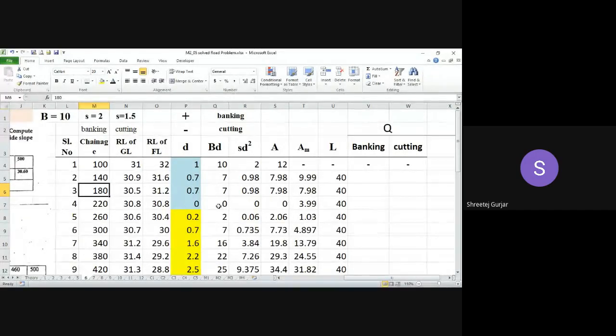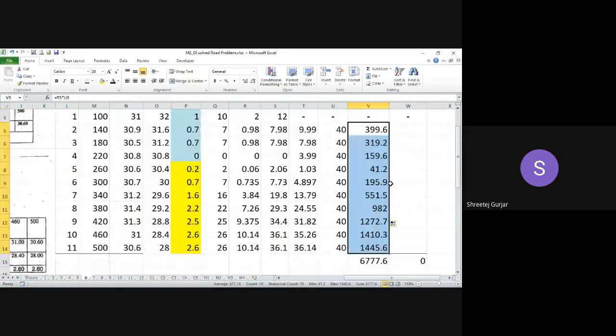So why have we not calculated this extra 0 thing? Because you can observe depth is 0 at your 220. Okay, it is not in between any of your chainages. It has come exactly at 220. So one of our steps, which you had calculated in your previous numerical, wherein we had calculated X and had included one more row, that is eliminated because the depth is coming 0 exactly at your 220 chainage. Okay, so our calculation has reduced. So now Q is nothing but area, mean area into your length. Okay, so this will be applicable for the whole column.